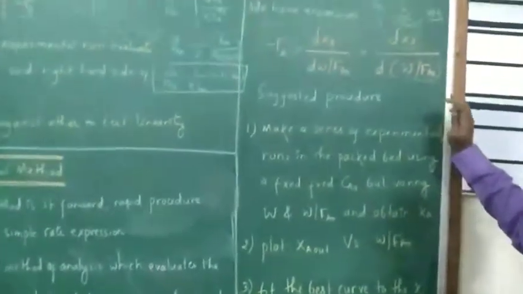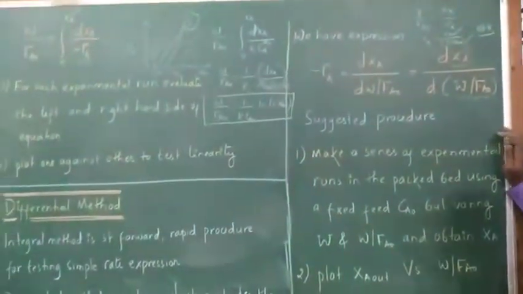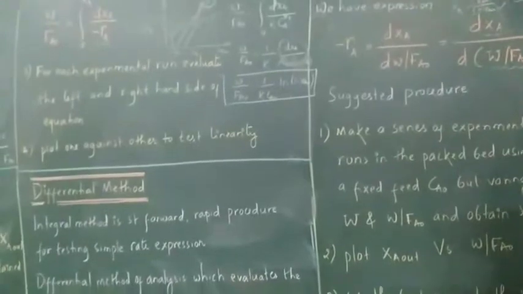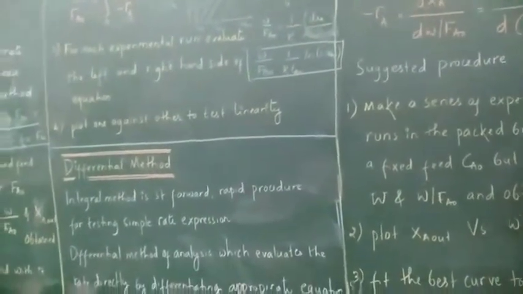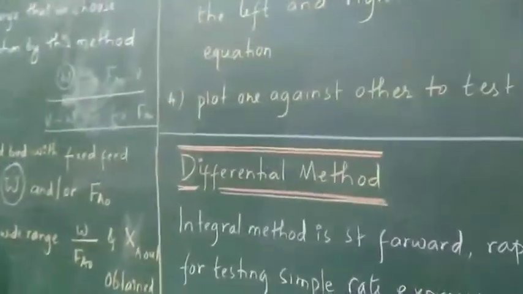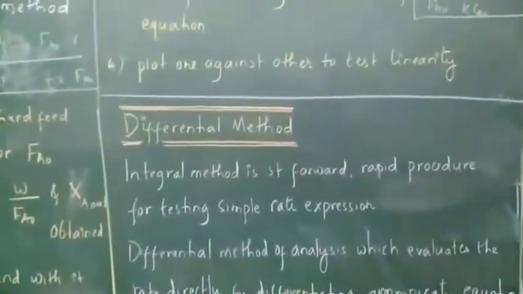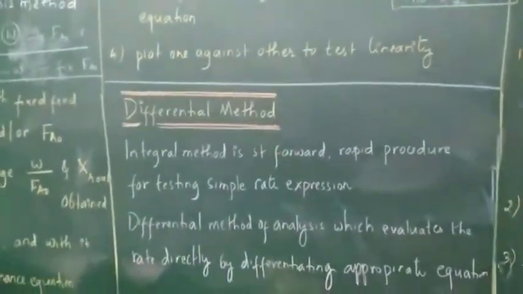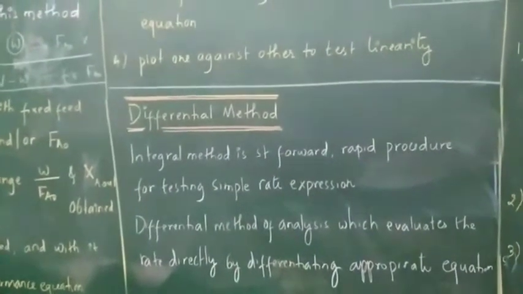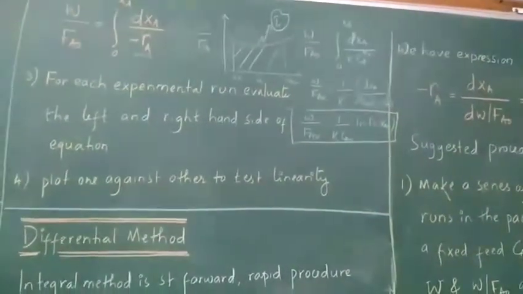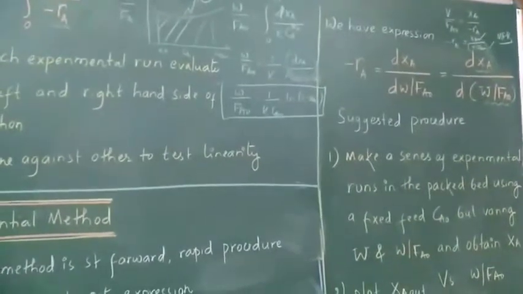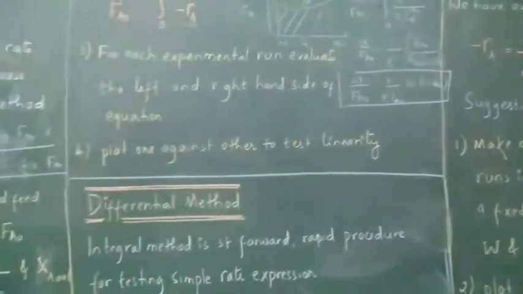Usually your question in an examination will be: explain the method of calculating the rate equation by the differential and integral methods of analysis in a catalytic reaction. So please write in your book. It is the easiest method. The only thing you have to focus on is the equation, so that you can easily read it, and you can stop the video and write it.